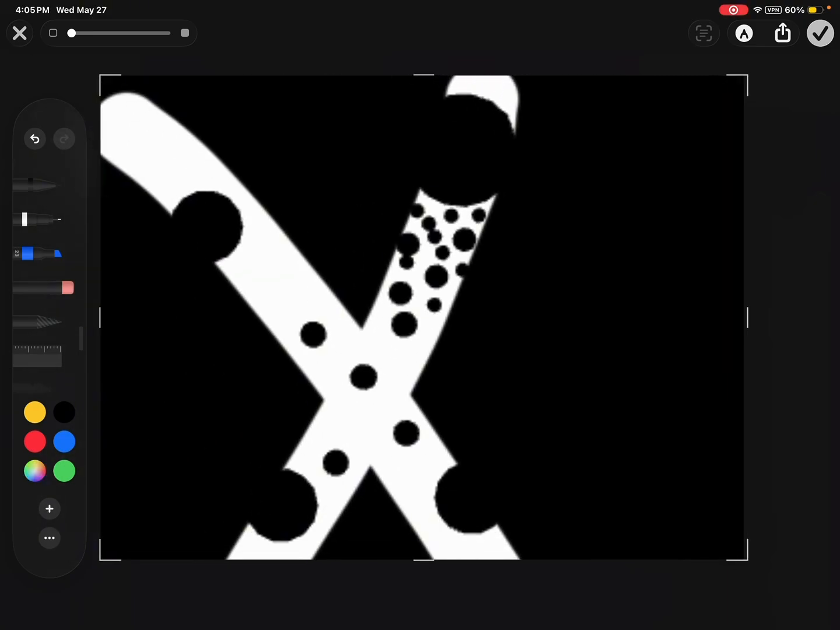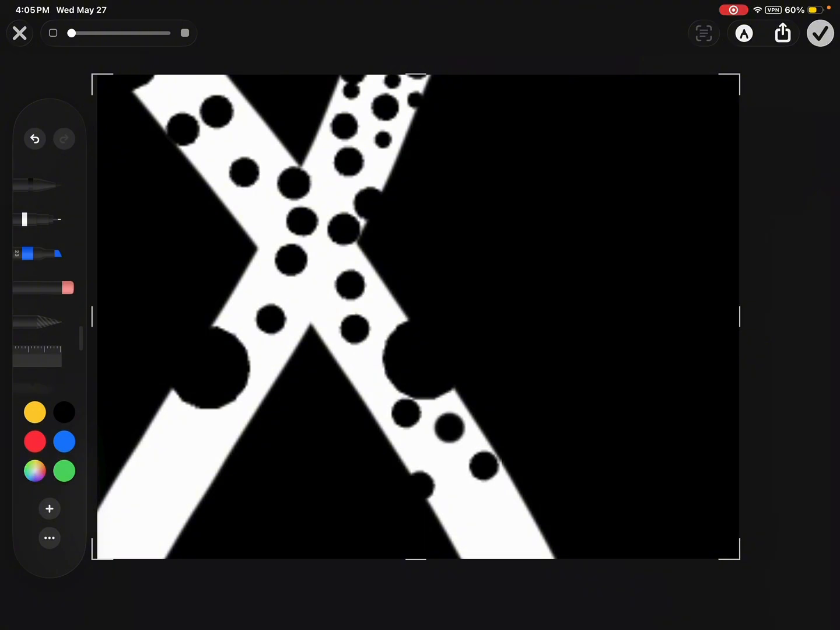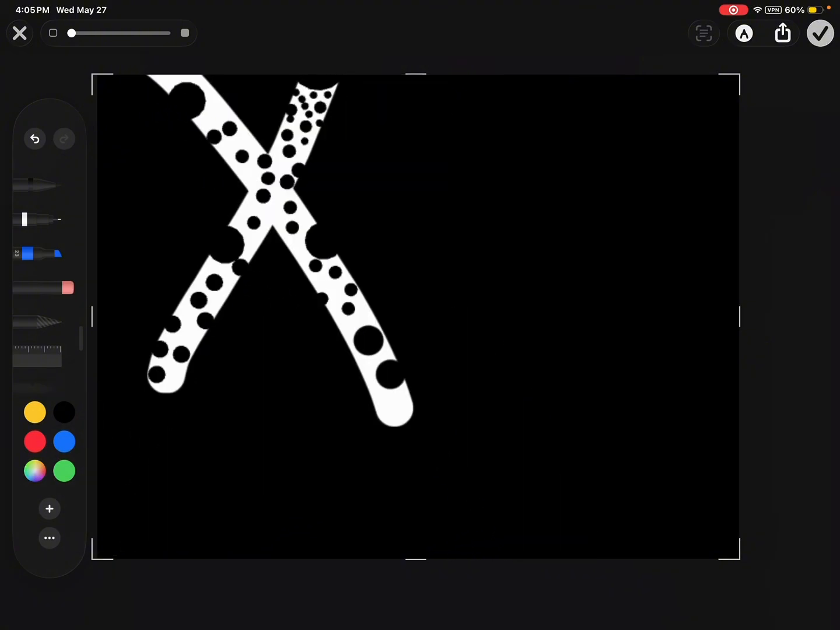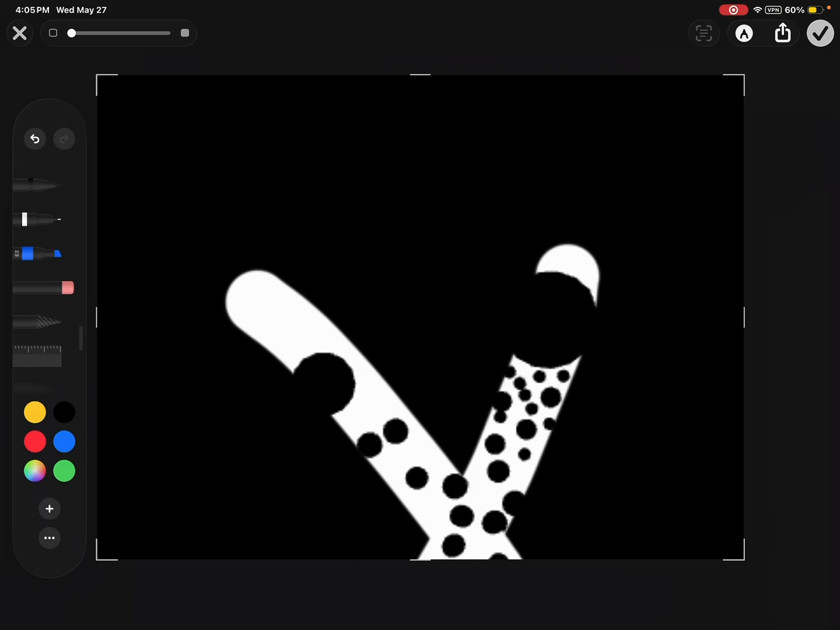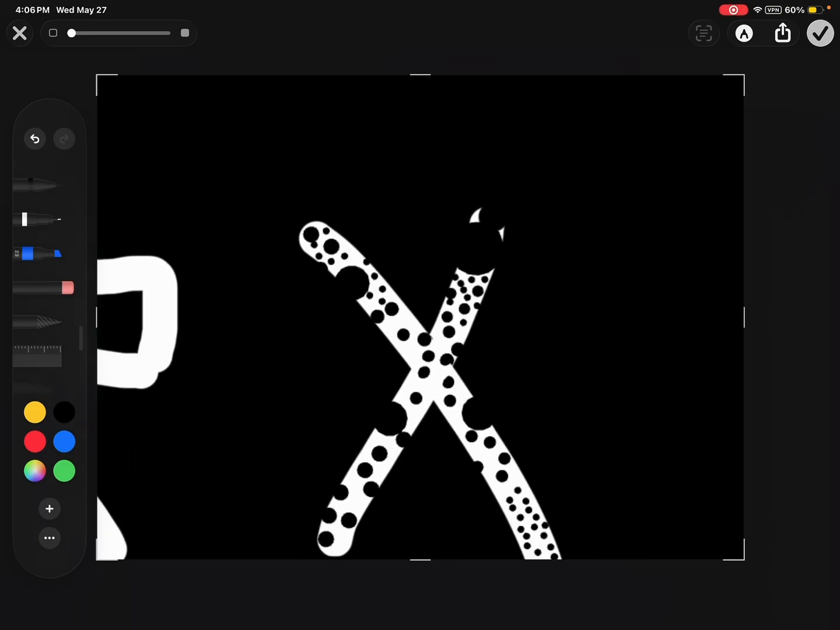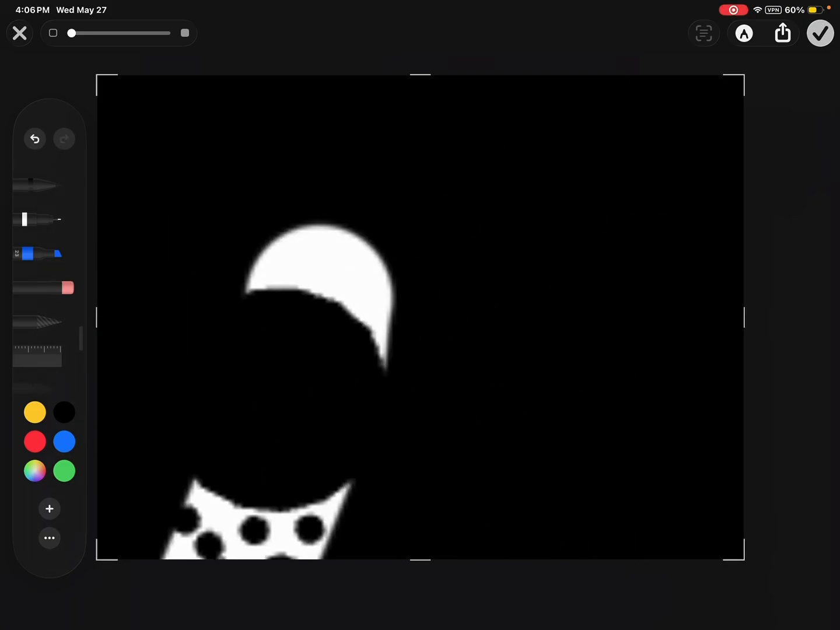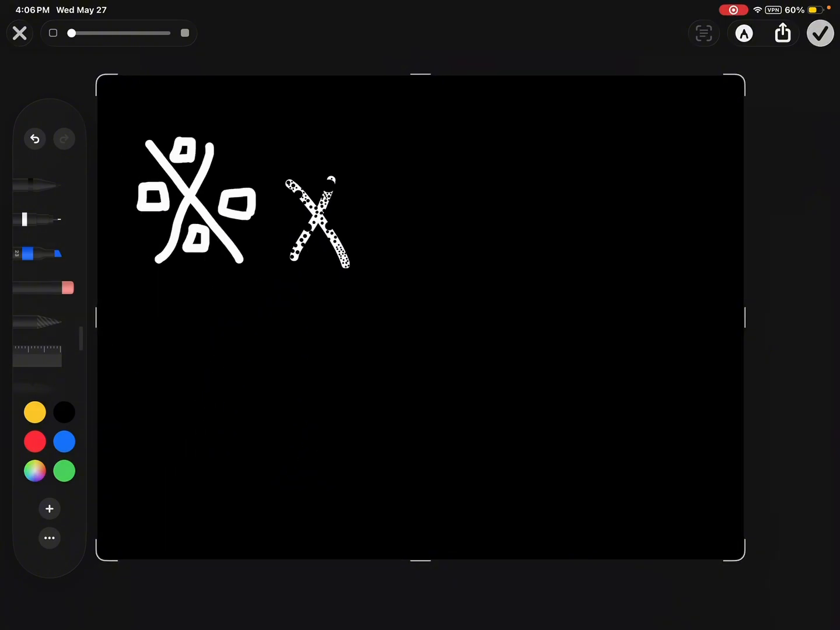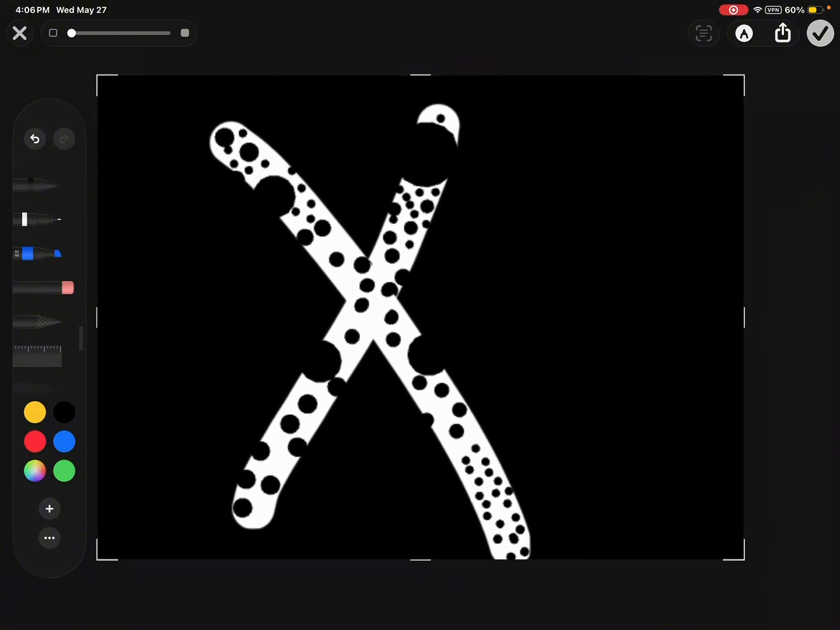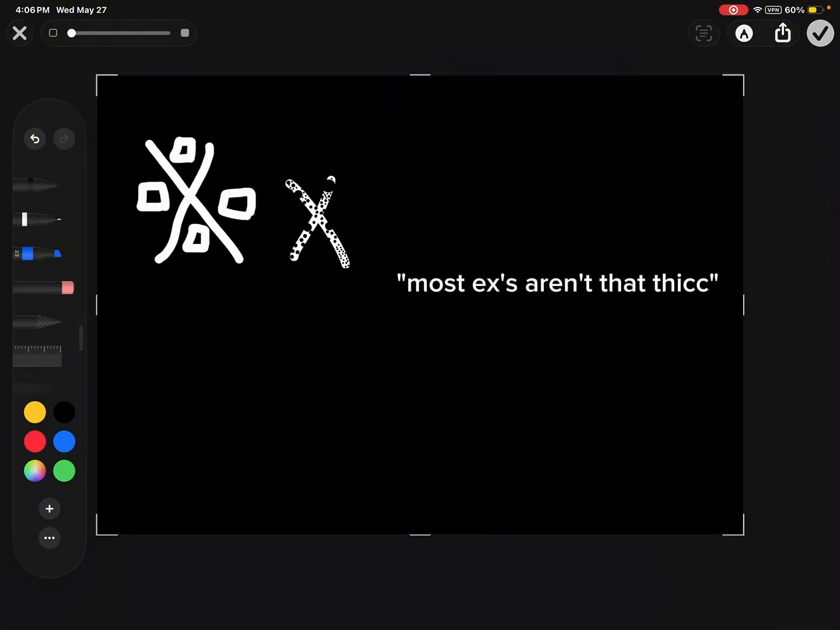Or we could just give the uppercase X chicken pox. Look, see? We could give the uppercase X chicken pox, and it seems more uppercase somehow. That would be pretty hard to draw, though, in like 2 strokes. And most X's aren't that thick. Oh my god. Nope. So we'll do Y